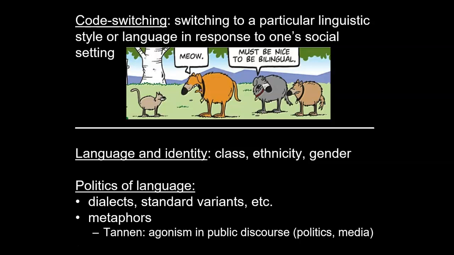Another related issue is the broader point of how language and identity are connected. So again, even within the same language, with people all speaking the same language, we find some variations that have to do with people's social identity within the particular cultural world they live in. So identity distinctions around things like socioeconomic class, ethnicity, gender, all of those social positions inform how people talk.